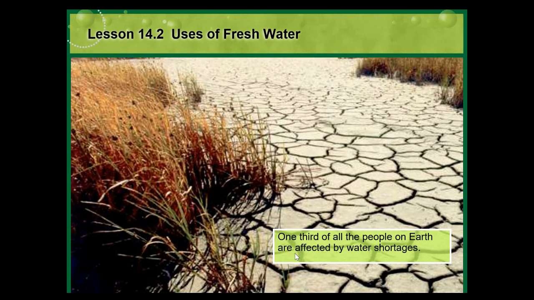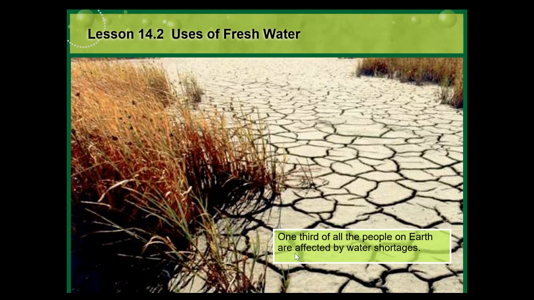Number one, for drinking. If you don't have clean, fresh water for drinking, you can get very sick: diarrheal diseases, lots of different conditions. Parasites, bacterial infections, viral infections. This is why, when you go to Mexico or somewhere else on vacation, if they don't have a really strong water infrastructure, you might hear, don't drink the water.